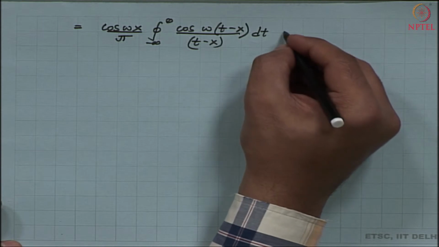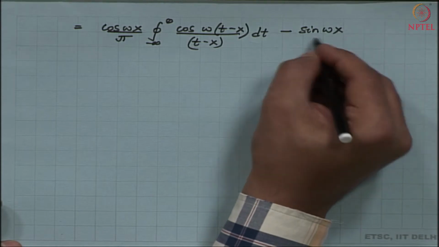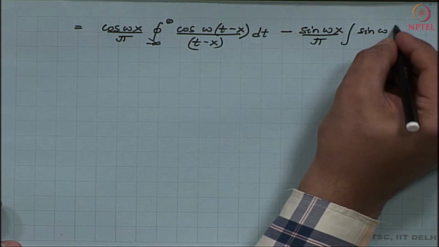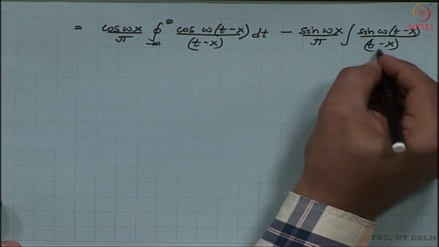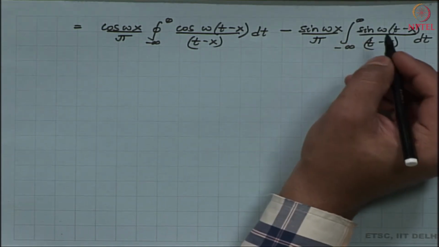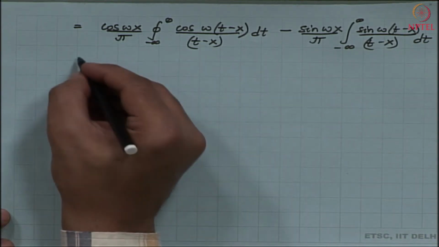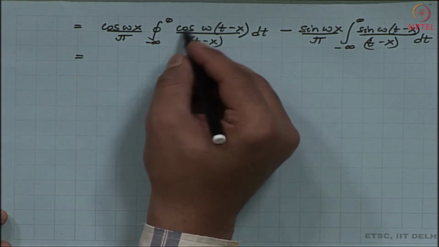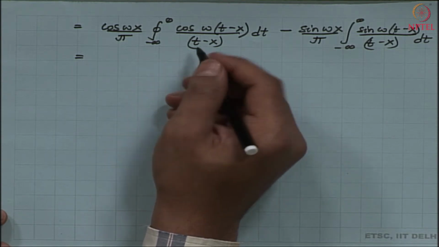The second integral will have a minus sin omega x by pi, integral of sin omega (t minus x) divided by (t minus x) dt from negative infinity to infinity. So, then we see that this is also equal to,